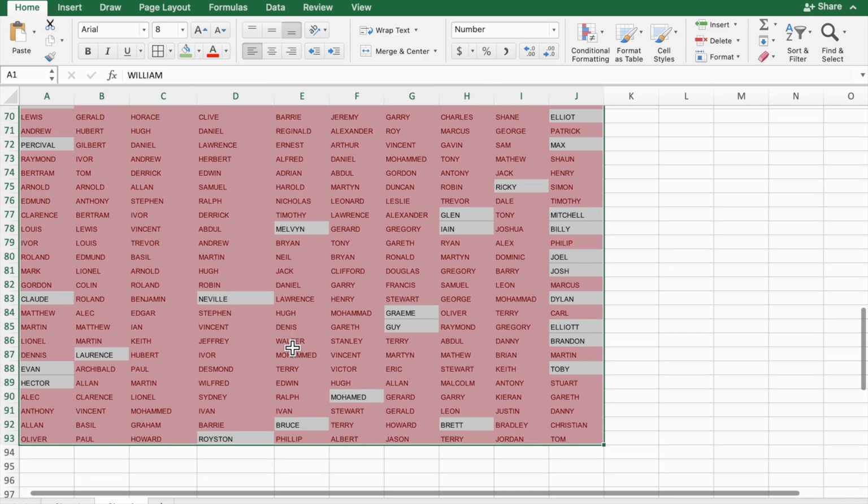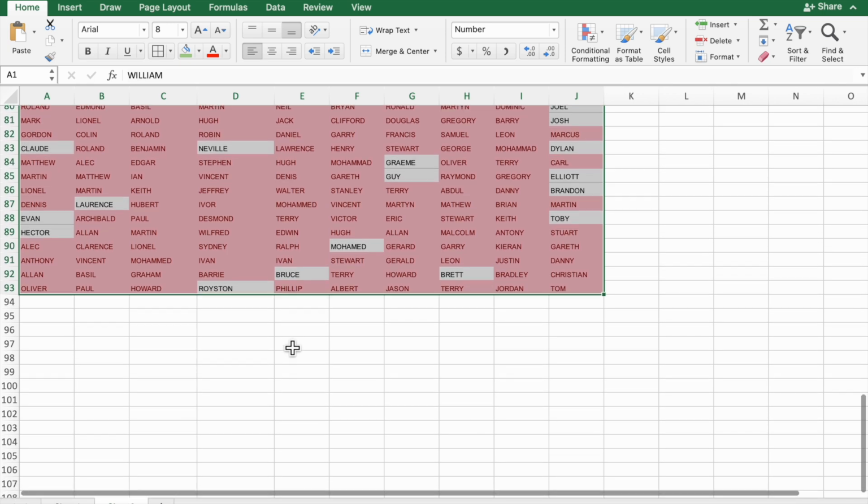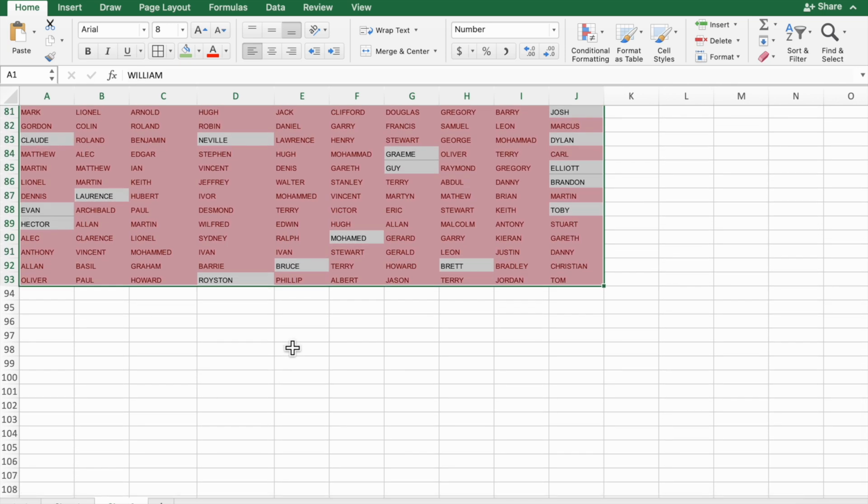So like this you can find duplicate entries in